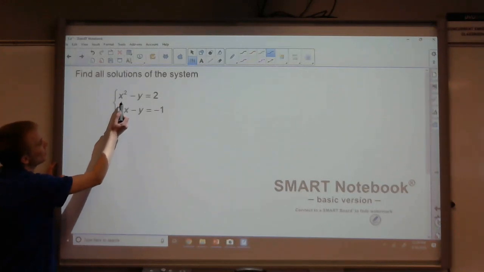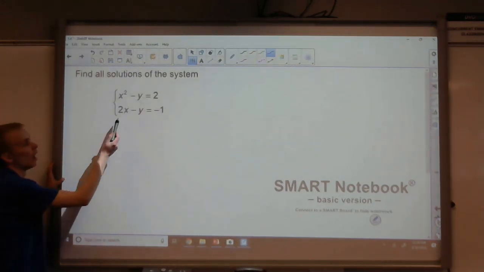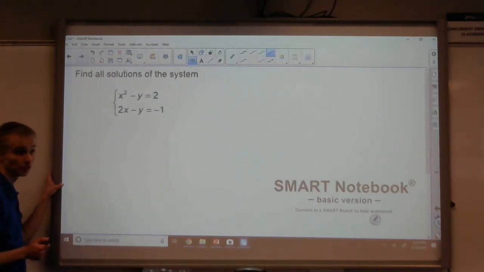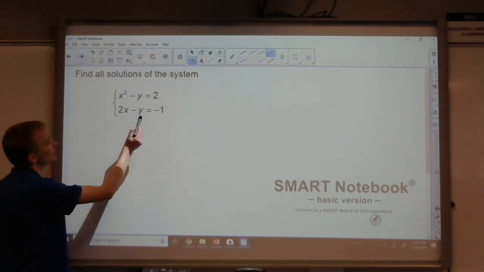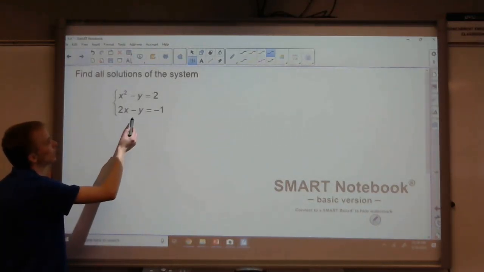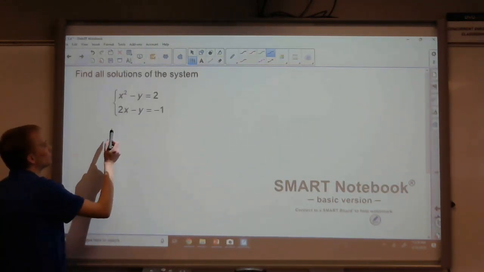So what I'm going to do is I want to solve for one of the variables in the equation, right? So I solve for a variable. I'm going to use this one because it doesn't have squares in it. I'm going to solve this one for, let's do y, okay? So I'm going to solve for y. We get